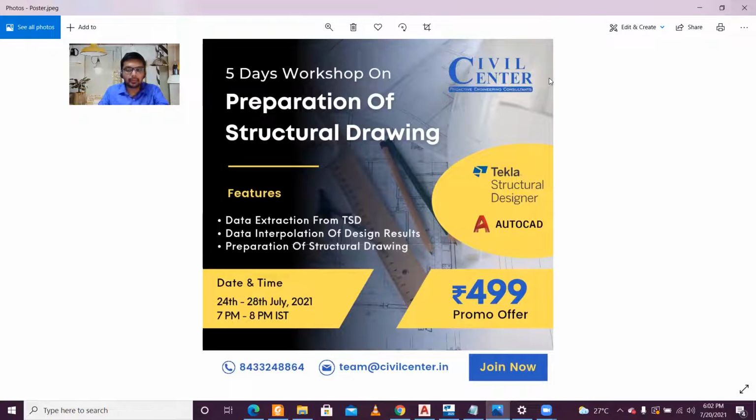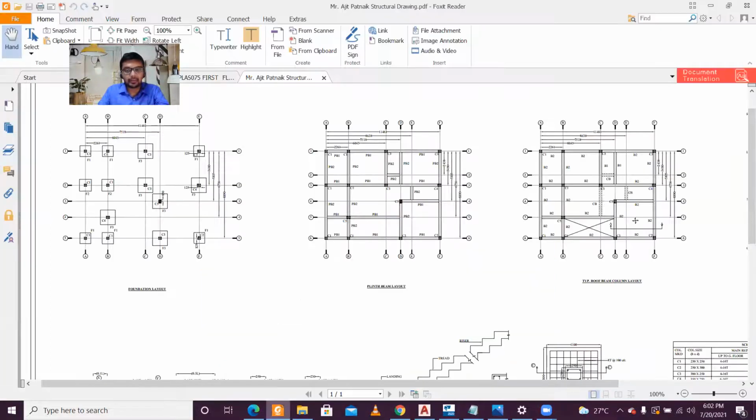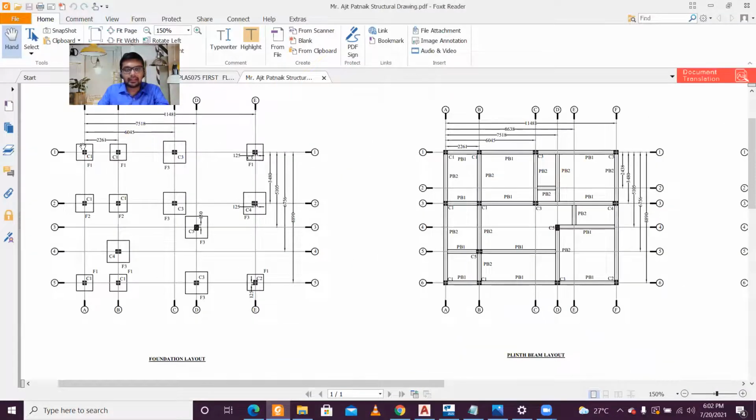That is the motto of the workshop, to enable you to use the results of the software to give economical, safe and executable design, and make the beam column foundation layout, the beam column layout, and the final